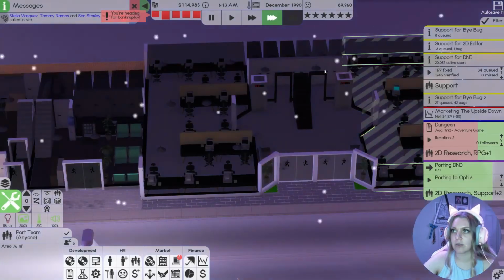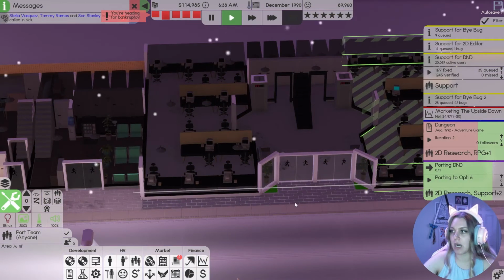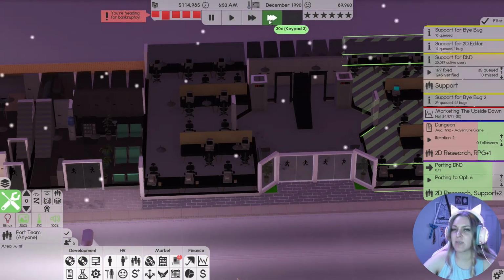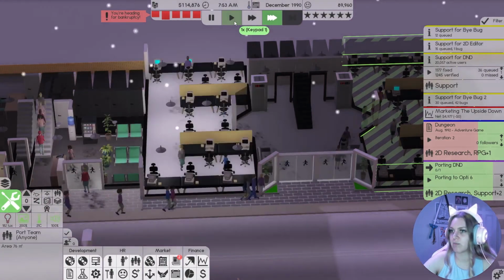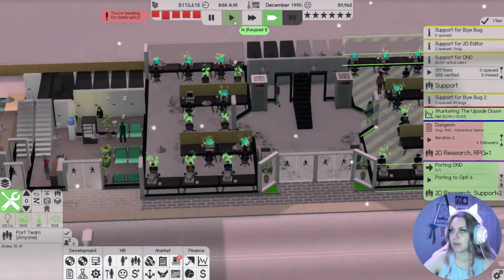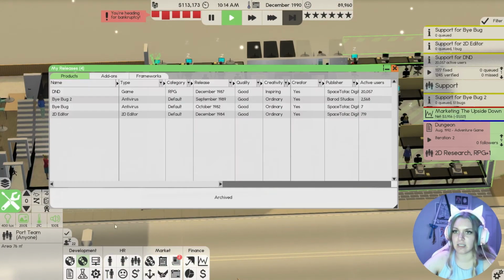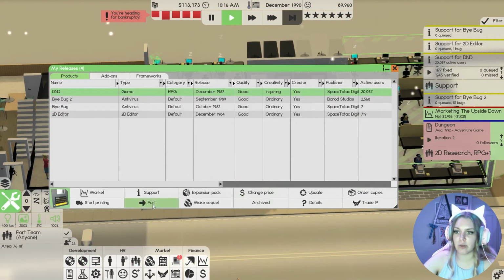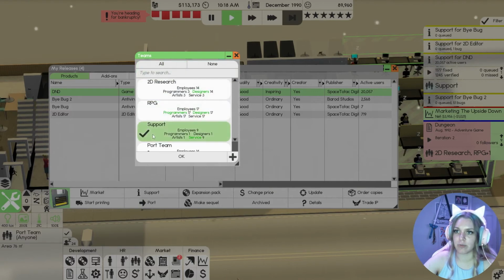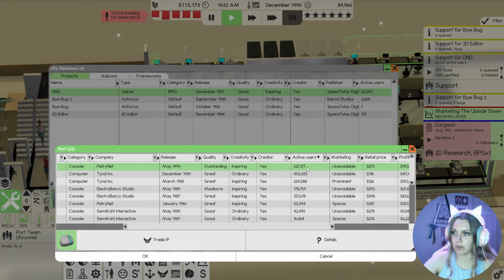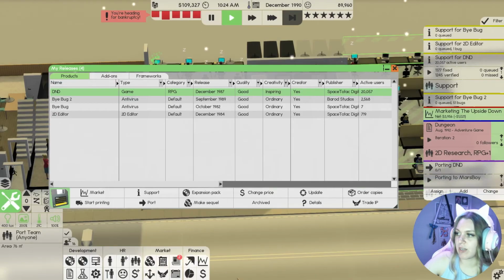Accept all and close. And it is December, and you know what that means. Do we want to go ahead and do another? I say we skip the expansion pack this year, because we did one last year and it didn't really do much, just spent a lot of our resources. There we go, our port is done. So let's continue porting this one, and we are just going to put our port team on it, okay? They are going to do that one. Like I said, I like doing one at a time just to see how quickly they're going through it.